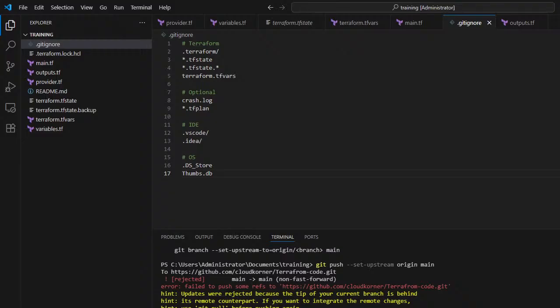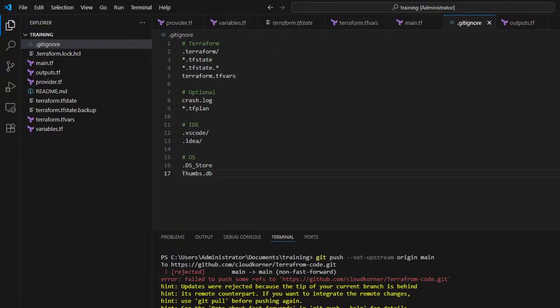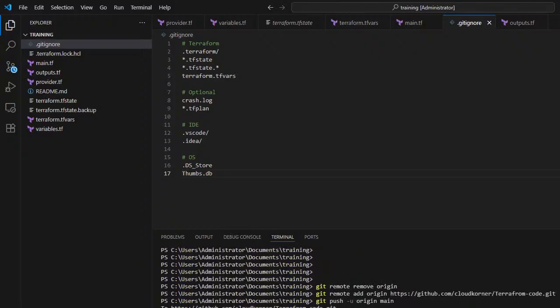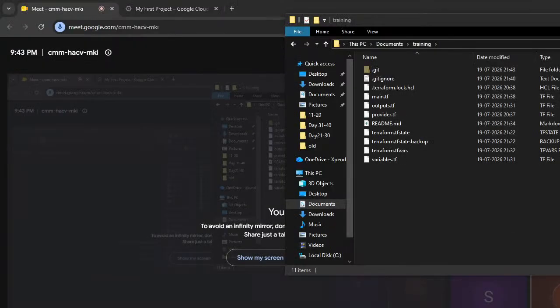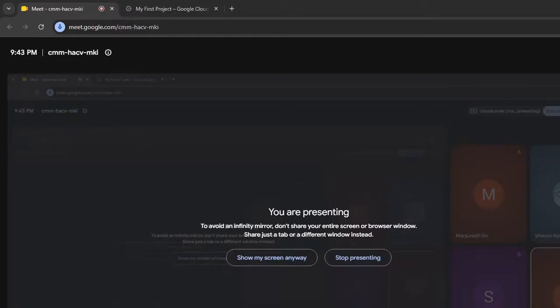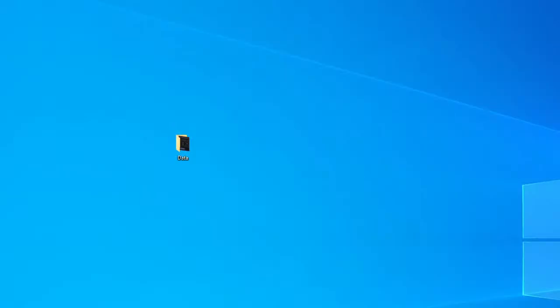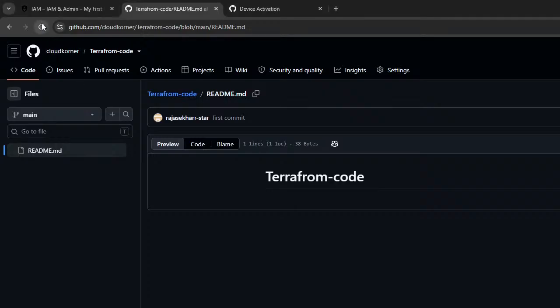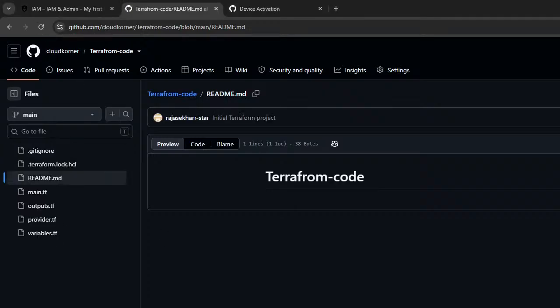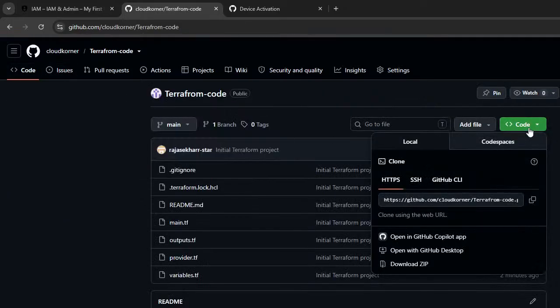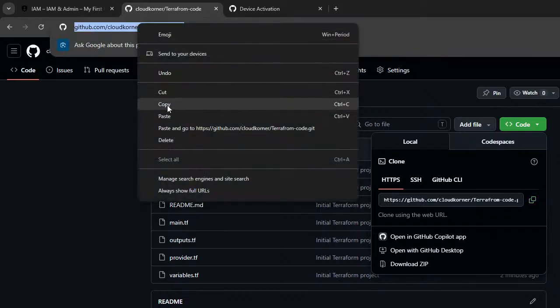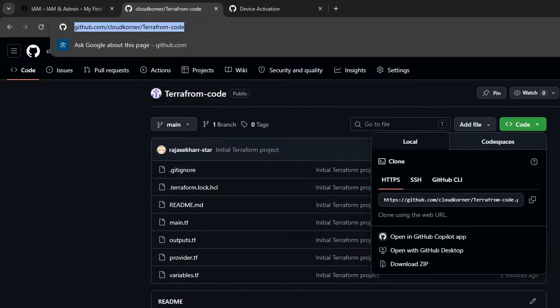Why? Okay, now the code has been pushed to Git. Okay, so all you can do, you can just go back to my Terraform code repo. You can go to code, you can git clone it. Okay, I'll paste this in the